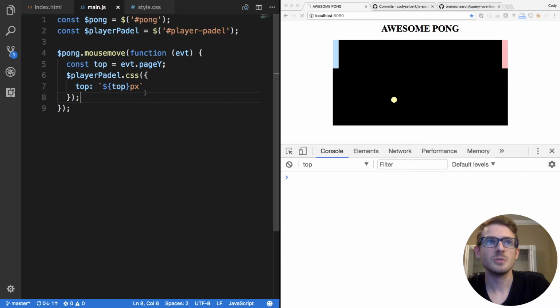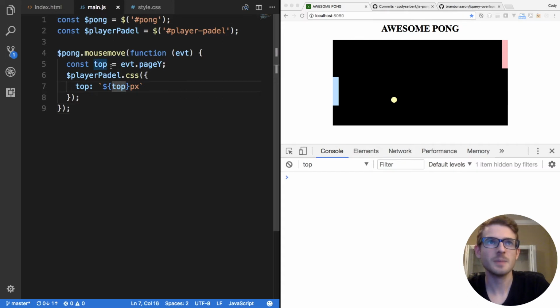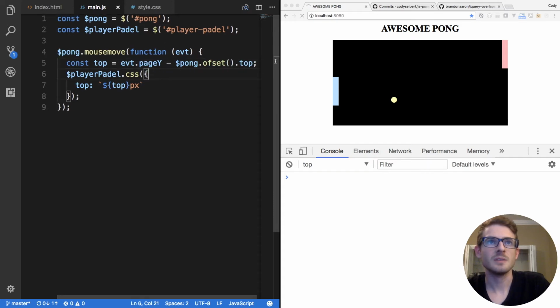So we might run into issues when we do this. Let's go ahead and just check it out and see what happens. So it's kind of working. You see how there's a little bit of offset, and that's because we need to subtract the offset of the top here. You notice there's probably like 100 pixels or something. So instead of just saying top is equal to event page Y, we need to take the mouse location that we're at and subtract the offset of the Pong thing. So if I do Pong offset of top and save that,